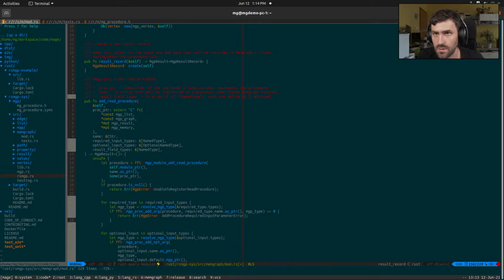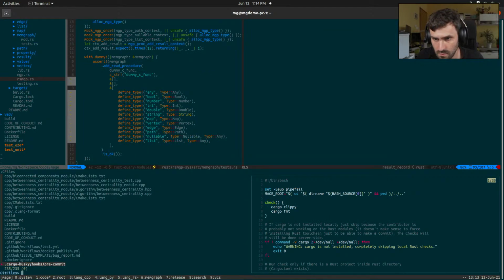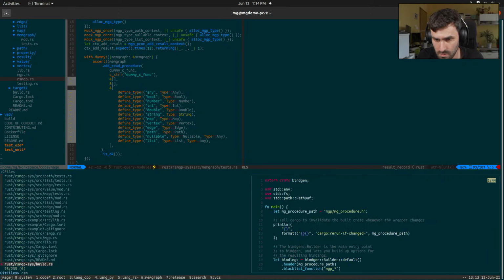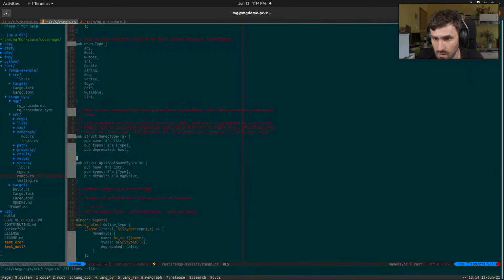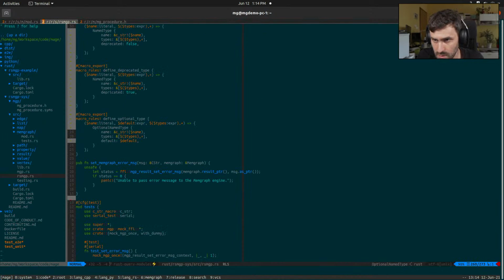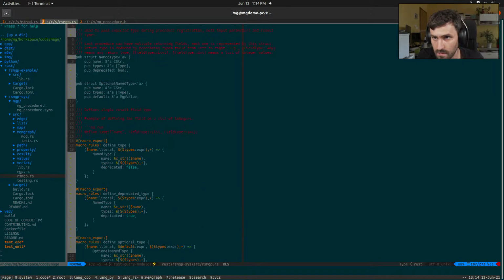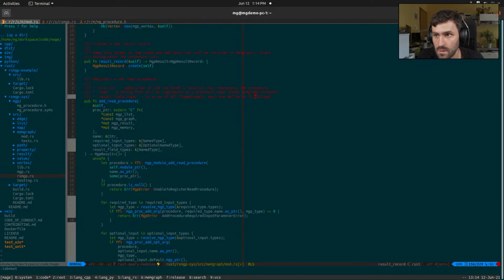No, it's not field type, it's type. Result field types, and then